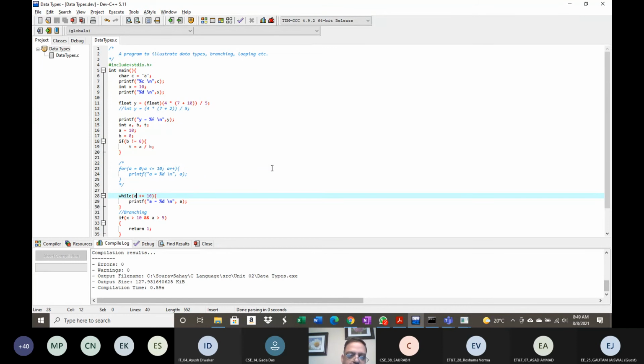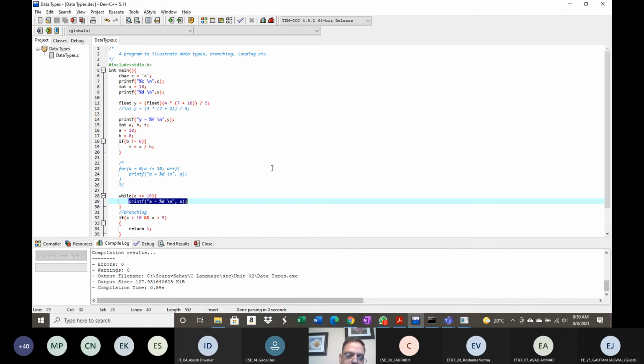But then there is a problem. It will go into an infinite loop, because there is a logical mistake in our logic. It will say, while a is less than or equal to 10, so when it comes the first time, what is the value of a? It is equal to 10. So it is saying it is equal to or less than 10, so we are good. Go ahead and show this.